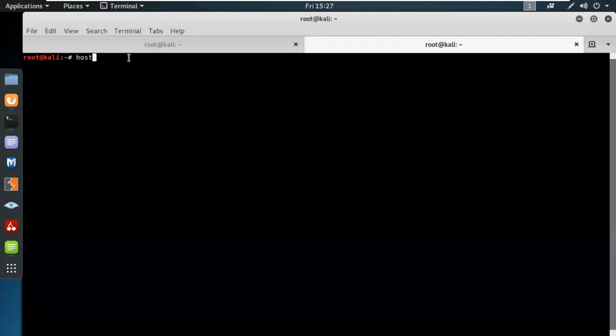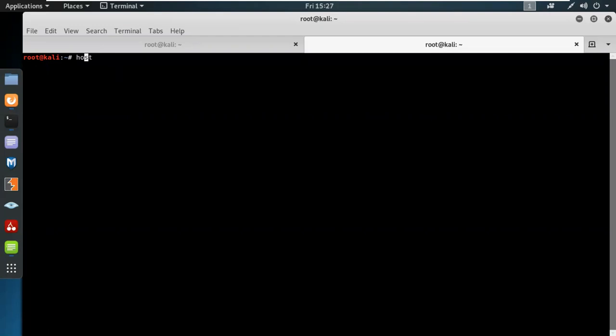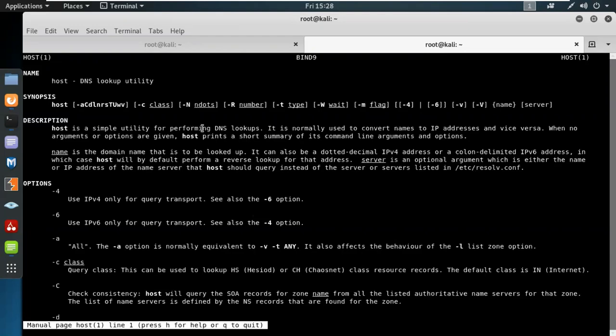For example, we're going to use a utility called host in the terminal. If I type man before that, man means manual, so when I put the manual before host, I can see the description given here. Host is a simple utility for performing DNS lookup. A DNS lookup means the DNS enumeration part. It's normally used to convert names to IP addresses and vice versa. As we can see, we already read about the capital A. So I'm going to use